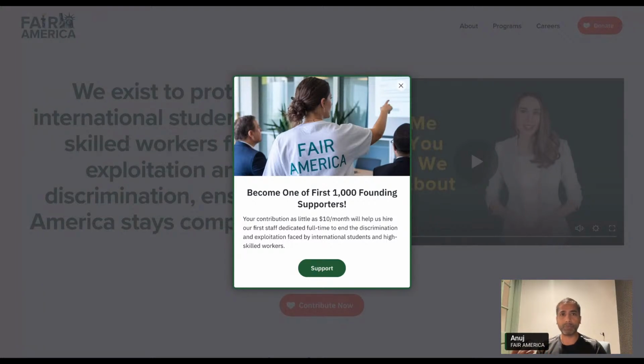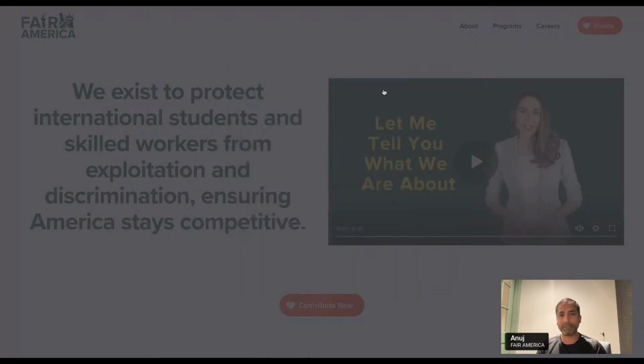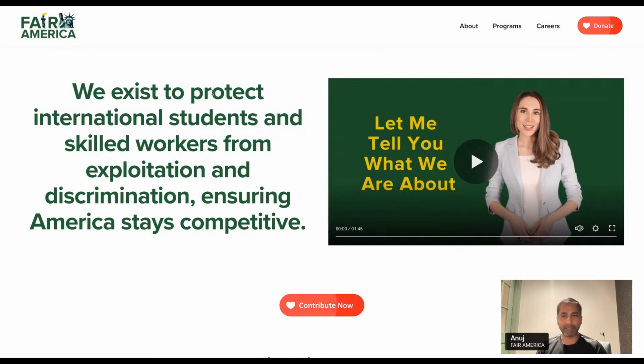Support will trigger someone differently than donate, right? So that's why we have three different labels. But this is just a landing pop-up where you can click and contribute by clicking on support. You can close this pop-up if you are already a recurring donor, and then this is our actual home page.